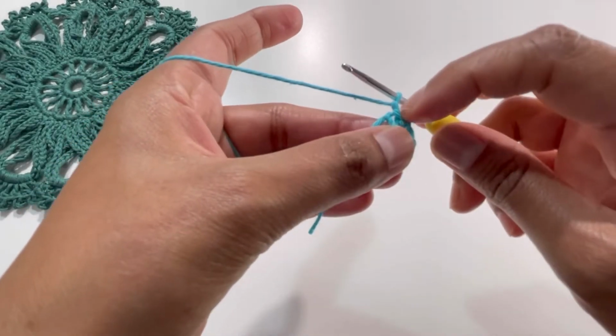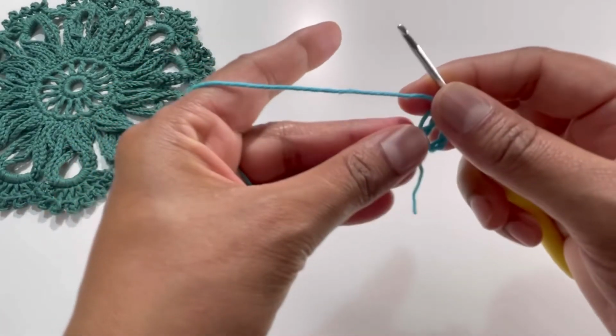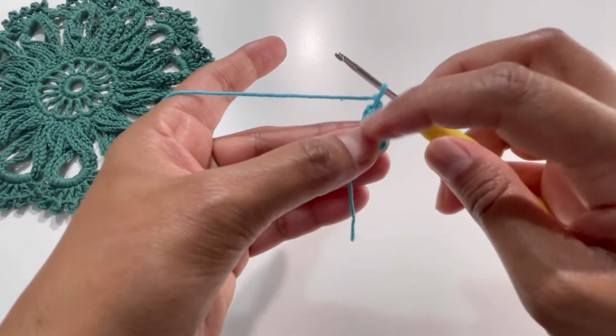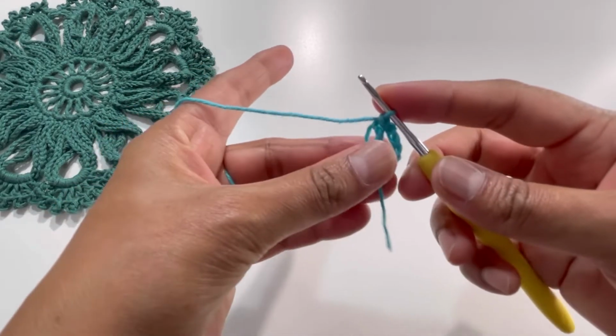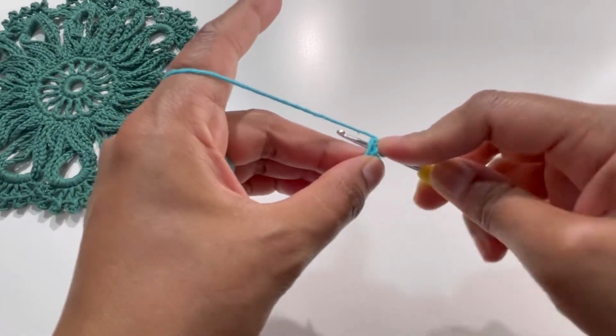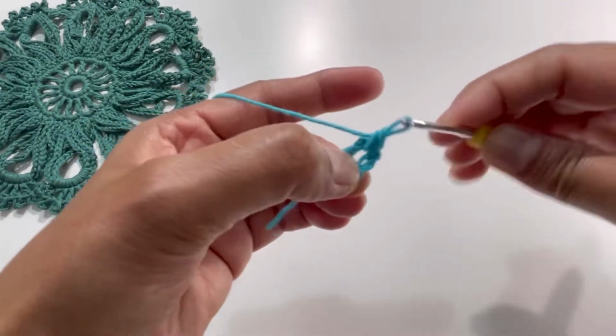Now this chain 1 is not a stitch. We are not going to count this chain 1 as a stitch. And now into this loop we are going to have 16 single crochets. So here it is. Insert your hook into this loop and grab your yarn and have your 1 single crochet,